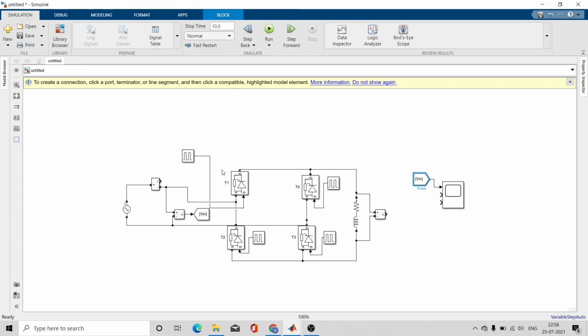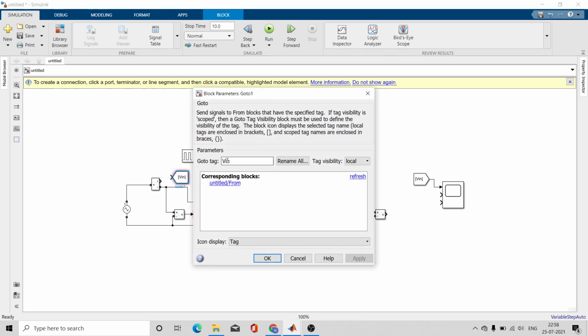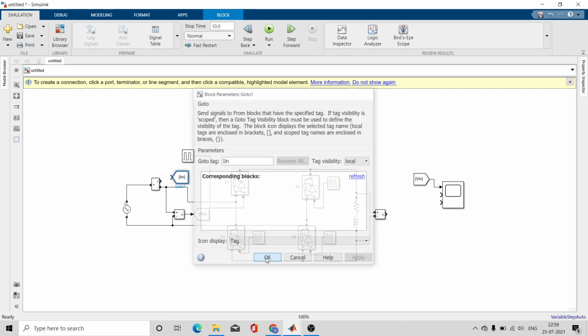Okay, now similarly do it for, or you can say you can copy this block and paste it over here, and you have to change the name to IN. You cannot give the same name to this from and go to block. You have to give separate names for separate measurements, right? It is very simple. IN, apply.